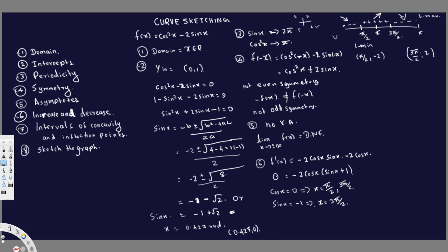Intervals of concavity and inflection points. To find that, I have to take the second derivative. So in this case, if I take the second derivative of this one, f double prime x is going to be equal to, maybe I can use the product rule. So minus 2 cos x times (sin x plus 1). If I take the second derivative, this is going to become minus 2 cos x, and the derivative of sin x is cos x, so minus 2 cos x times cos x